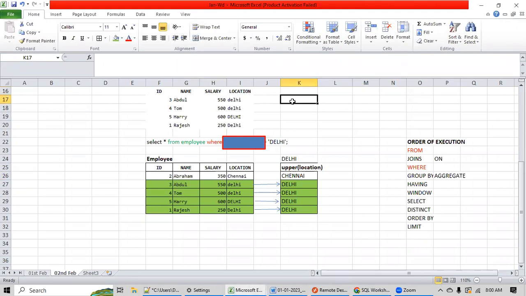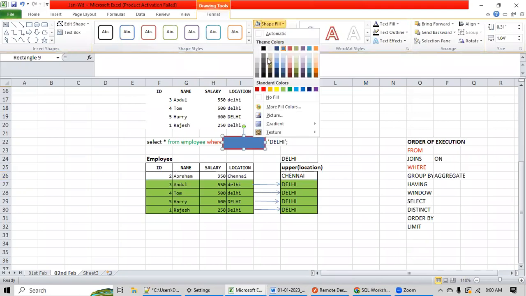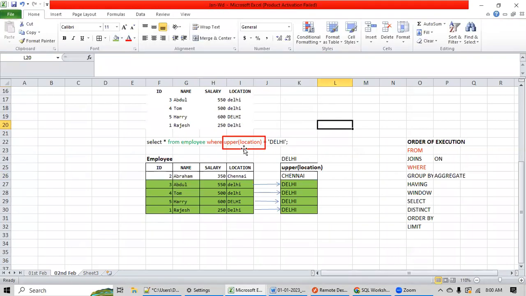Here you can see, I've clearly mentioned that this Delhi you have to search in this upper location column, correct? So first of all, the engine will convert this location to upper. Then it will search this Delhi in this upper location column, not in this column, not in this. It will search in this column. Is this clear? Okay.